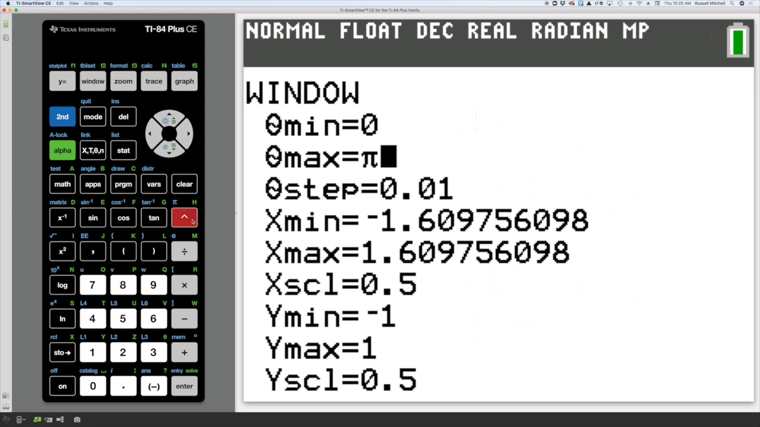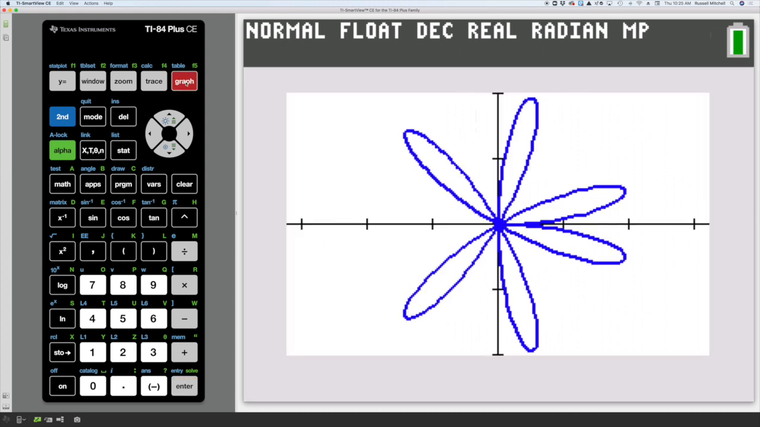Okay, now we're going to graph, and we should see 6 of them. Okay, and it didn't quite finish, right? Okay, so 1, 2, 3, and then 4, 5, 6, right? Why? Because from 0 to pi over 3, you're going to get 2 leaves. From pi over 3 to 2 pi over 3, you're going to get 2 more leaves. From 2 pi over 3 to 3 pi over 3, or pi, you're going to get 2 more leaves,